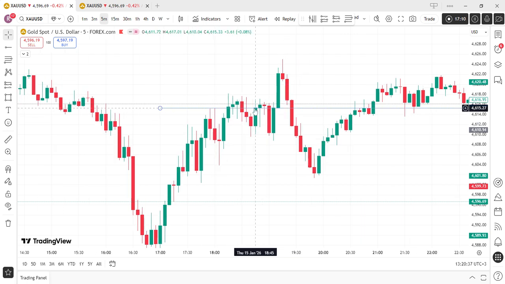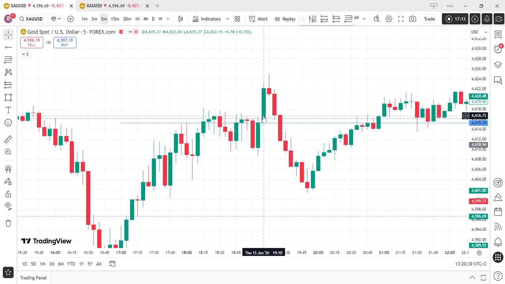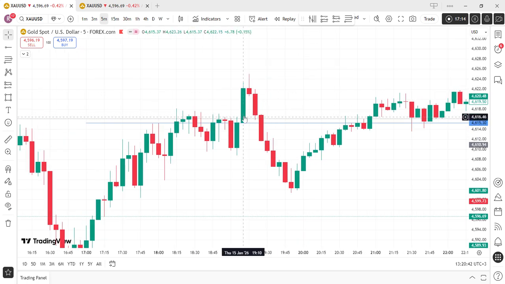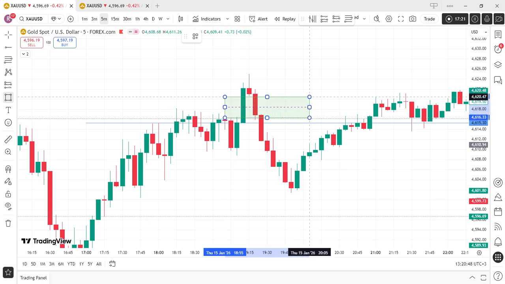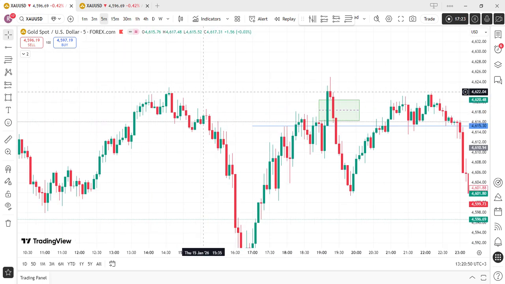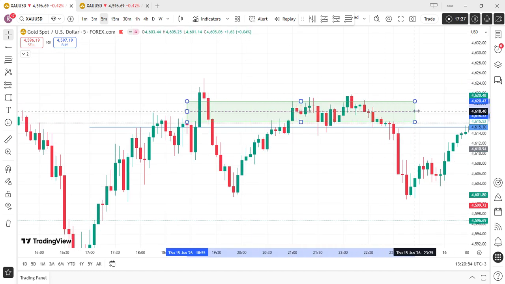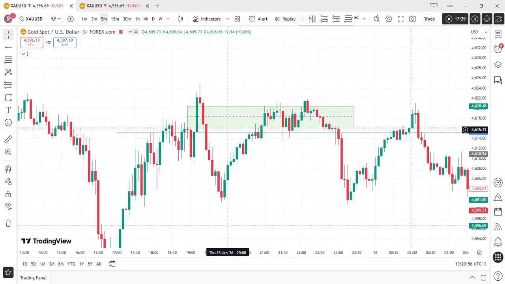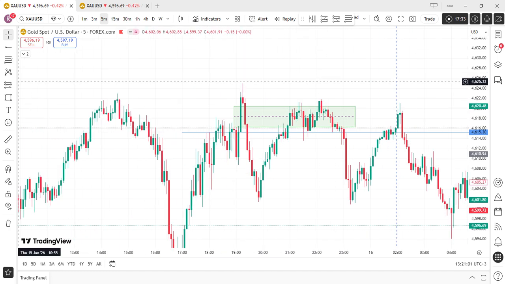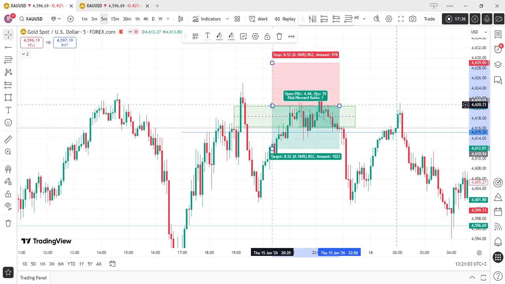So what happens here? It created a bullish one. So this one is an inversion. We use this as an inversion to enter. Somebody might be thinking, oh man, we're going higher, but no, buddy, we're going lower. So this one has an inversion. What do you do? You wait for price to come back to it. And it also created another one. Come back to it and do your sells, for example, like that.